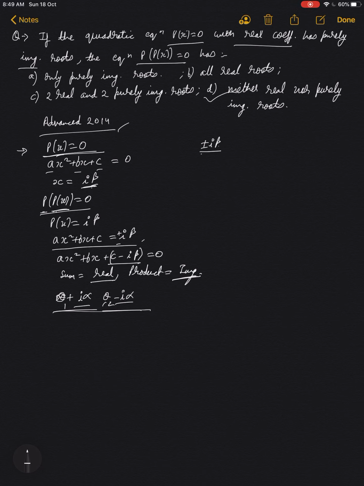It came in 2014 Advanced. So बहुत ही easy problem है. Only concept का यूज़ करना है कि जब हमारे कोफिशिएंट्स रियल होते हैं क्वाड्रेटिक इक्वेशन में, तो फिर जो हमारे रूट्स होते हैं दे अकर इन कॉन्जुगेट पेयर. लेकिन जब ये रियल नहीं होते, जैसे यहाँ पे c रियल नहीं है, तो दैट कॉन्सेप्ट विल नॉट अप्लाई एंड दे नीड नॉट बी कॉन्जुगेट पेयर एंड रियल पार्ट कैन बी डिफरेंट.